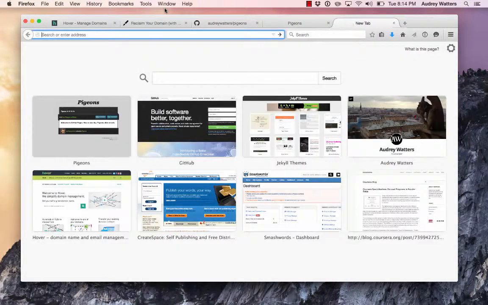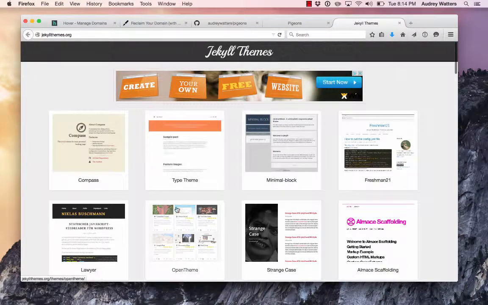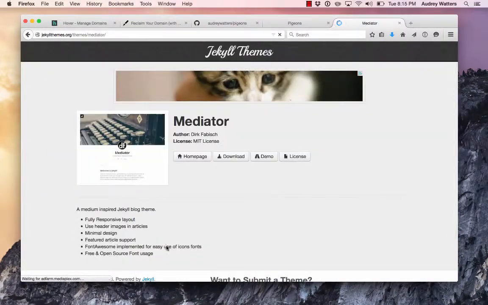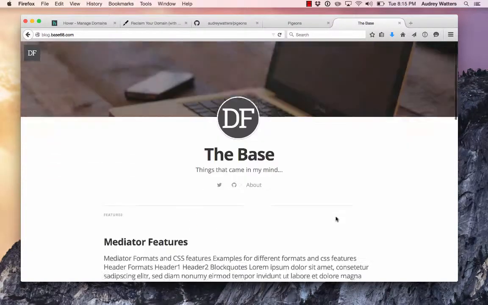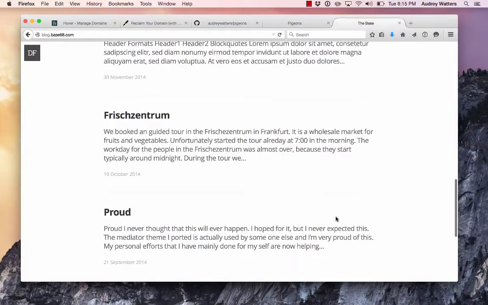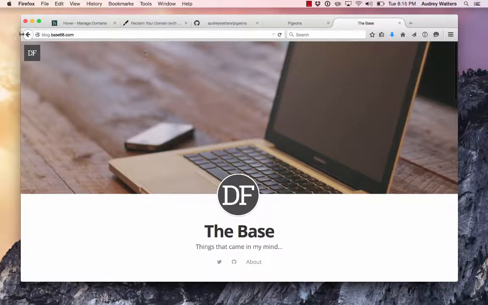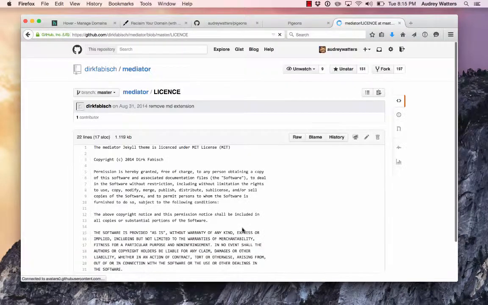The other thing is I can actually get rid of that ugly look. I can go to something like Jekyll Themes, and I can find some different themes for my site. I use this one. People say your site looks a lot like Medium purposefully. I've used this particular Jekyll theme to run Hack Education and audreywaters.com. So let's go to Dirk's